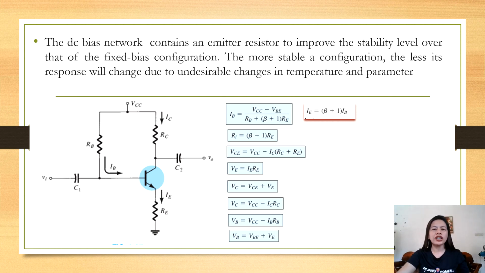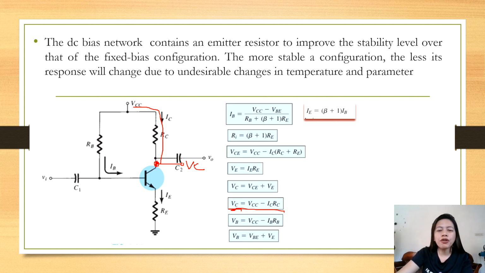Okay. So next we need to solve the VC. In solving the VC, where is the VC? Do you know where the VC is? It's just the voltage across the collector. So it is somewhere here. It's just like you're getting a VO here, right? Since the VC is just here, in looping you need not go through the VC and the IAR. You just stop here. So that's why during looping, you just say VCC minus ICRC minus VC. This is how it goes. That's why in our formula here, VC is equal to VCC minus ICRC.